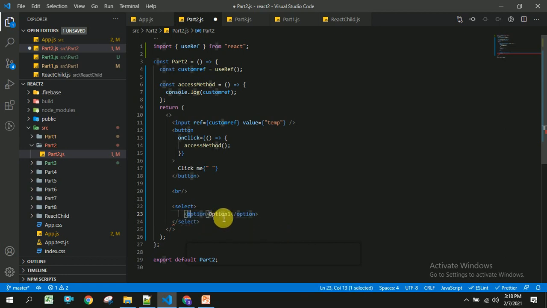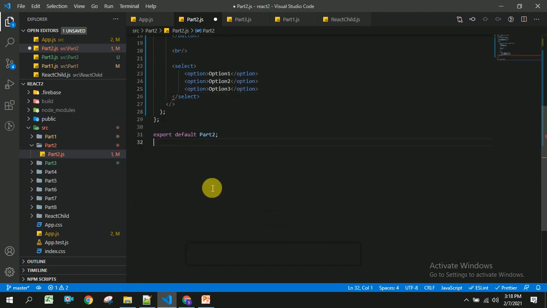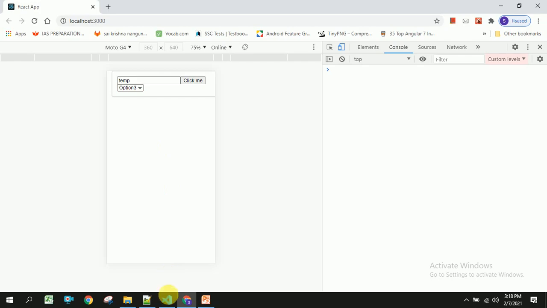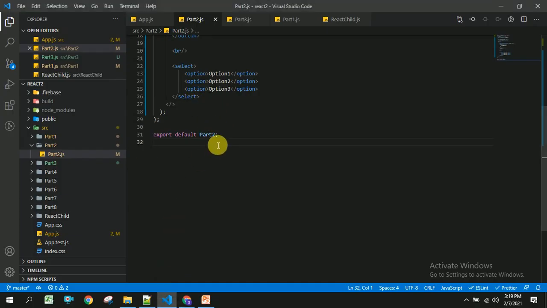Option 1. I am rendering this statically. After this we will see how to render that dynamically. Let us save this and check whether it's working or not. You should be able to see a dropdown with 3 options. As you can see here, we have got a dropdown with 3 options, and we will see how to render that dynamically.